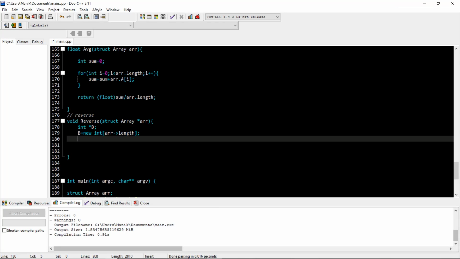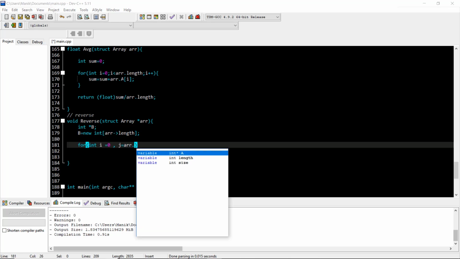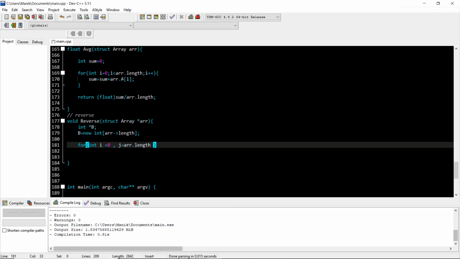Okay, so what we are doing, we have to make one for loop for int i is equal to 0, and another variable we need to define, which is j is equal to arr dot length minus 1. Okay, and up to what?